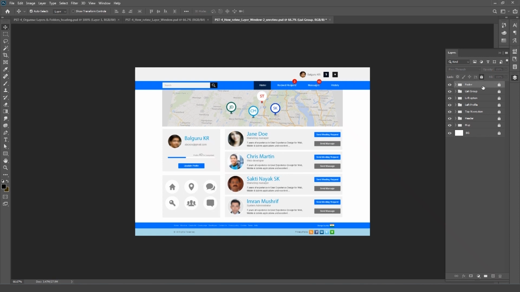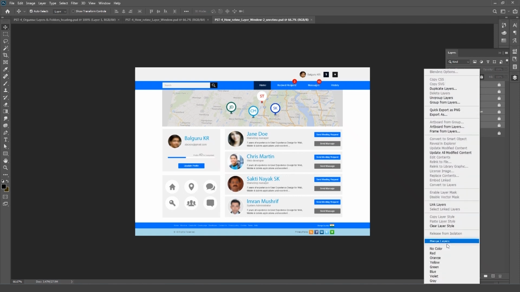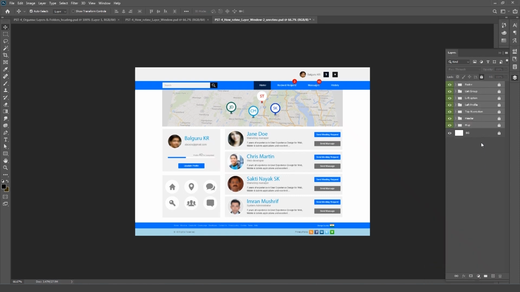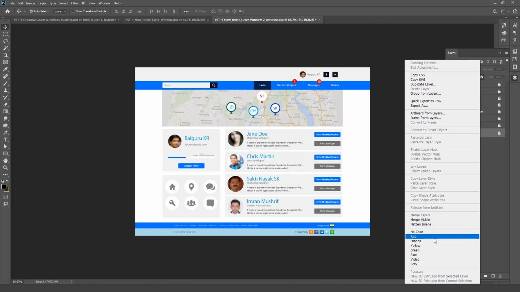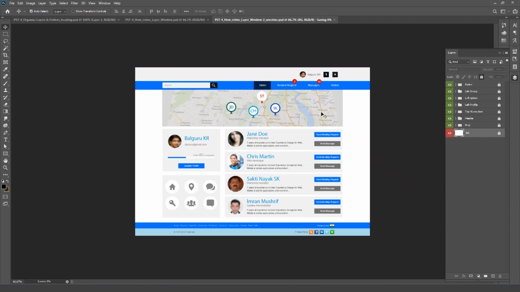You can select all the layers and lock and unlock them also, and then you go and change the color of all of this to green and give this BG a red color. So you see our layer palette is organized over here.